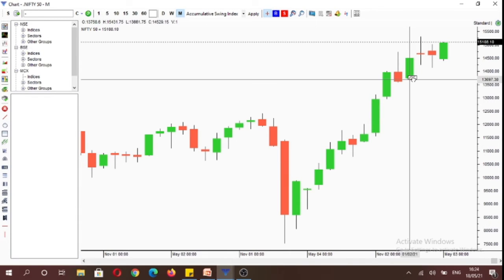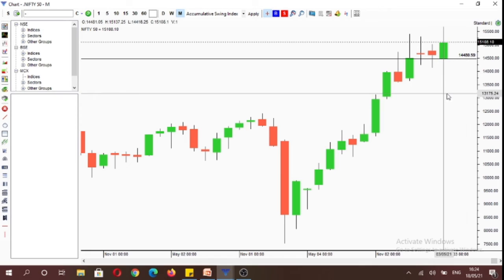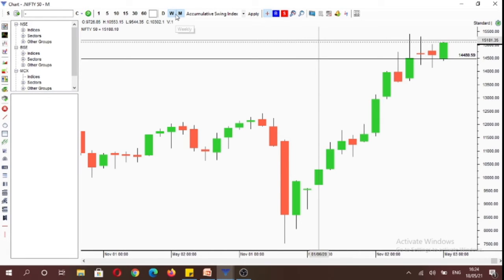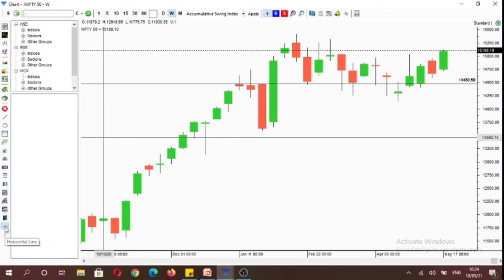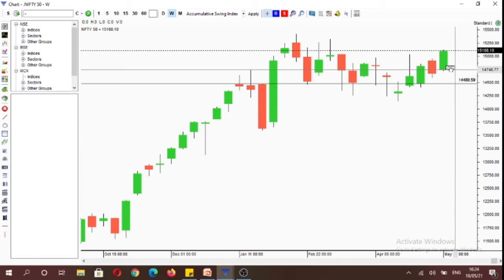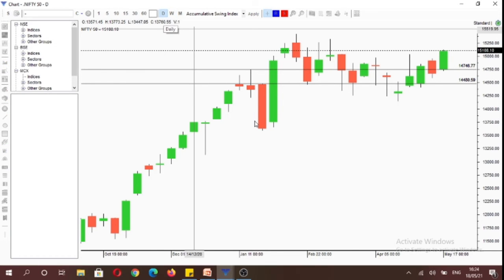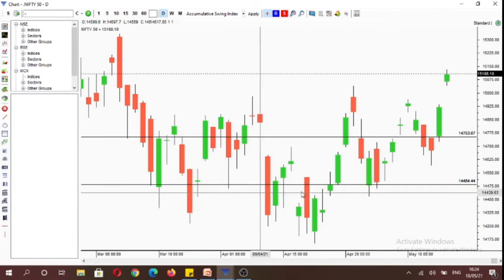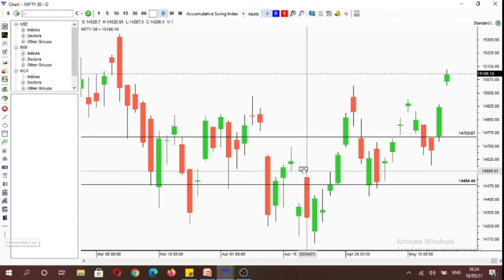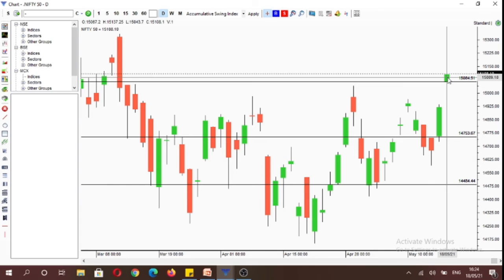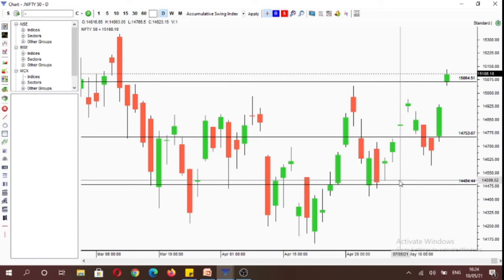If we analyze the Nifty index on multiple time frames, you will see that on the monthly time frame, the market is currently under control of buyers, as it is trading above its monthly open, which is at 14,481 levels. On the weekly time frame, the market is under control of buyers again, as it is trading above its weekly open, which is at 14,756 levels. And on the daily time frame, today the market traded above its daily open, which is at 15,067 levels. So you can see that on all time frames, monthly, weekly, daily, the market was under control of buyers.